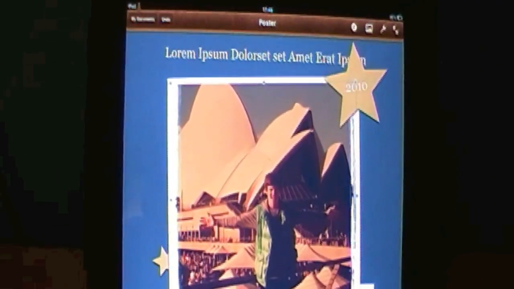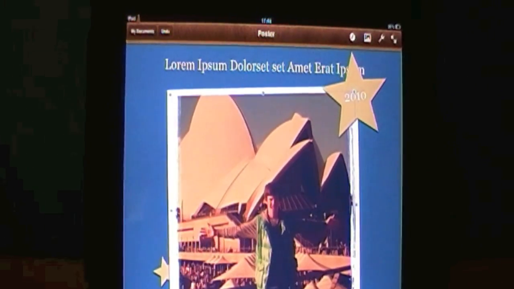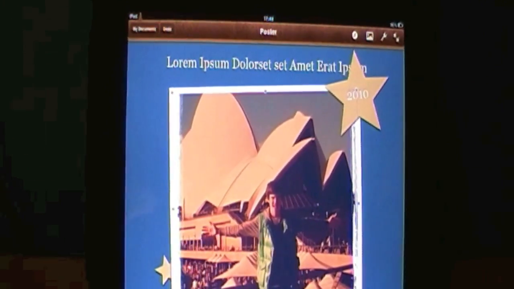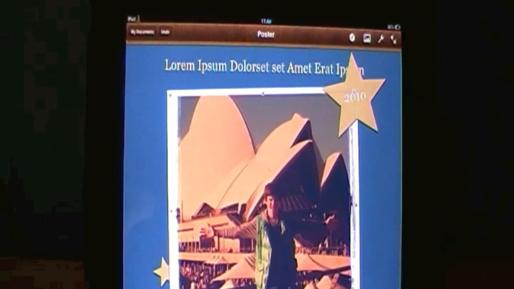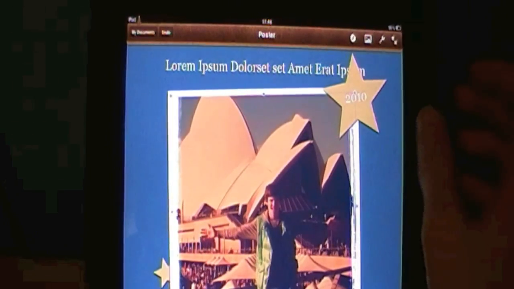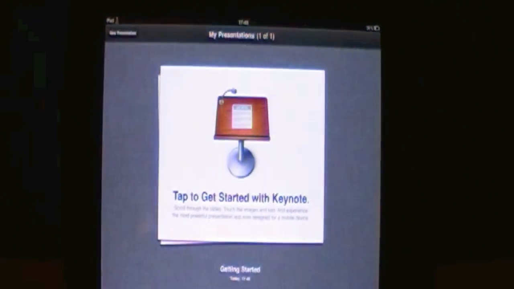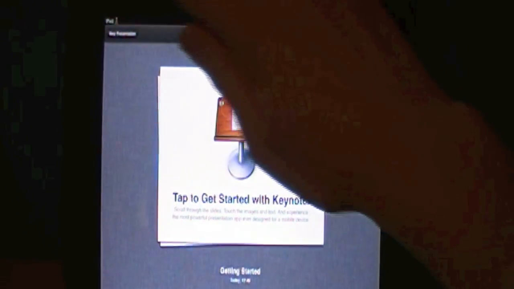So Pages, you want to get that if you want to use your iPad a lot. I would definitely say go out and buy Pages. You probably will use it more than you actually think you'll use it, as it is very good for your iPad. And next to Pages, we've got Keynote. I tend not to use Keynote as much, but Keynote is obviously a very useful feature for iPad users out there. We'll click New Presentation,